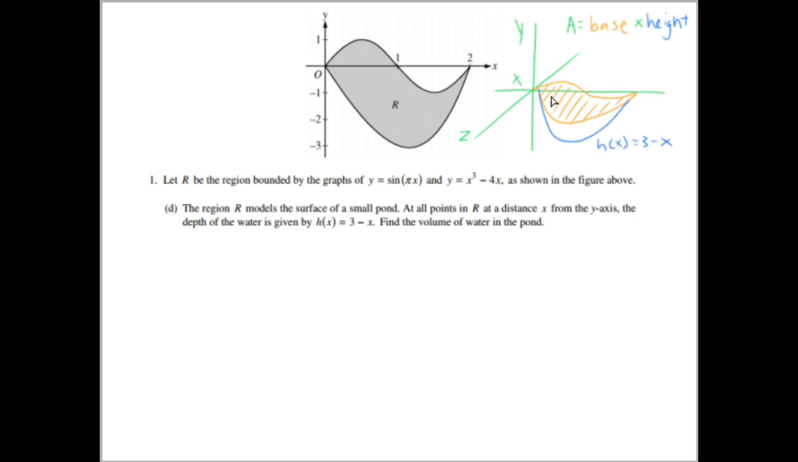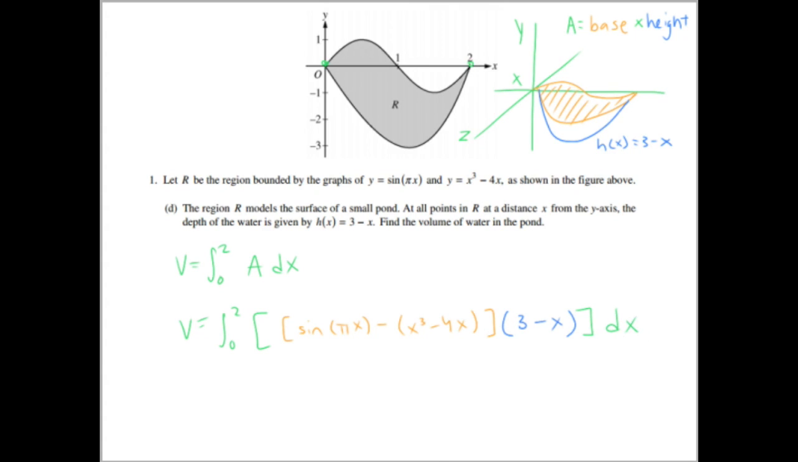And again, we can think of this as slices of a cross-section. So to find the volume equals, and our limits are 0 to 2. The integral from 0 to 2 of the area of the cross-section, dx, and we can think of the area as the base times the height. So if the region R is our base, the depth would be our height. So V equals integral from 0 to 2 of sine pi x minus x cubed minus 4x. Remember, this is just from the top minus the bottom to find the area. Then times the depth function, so 3 minus x